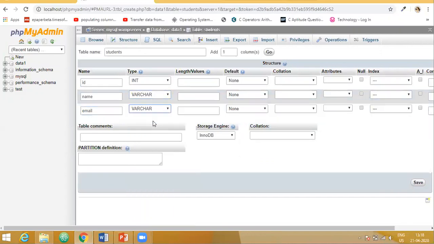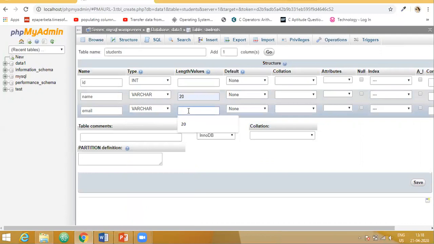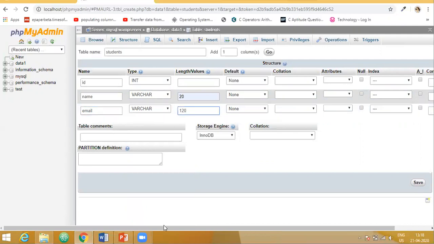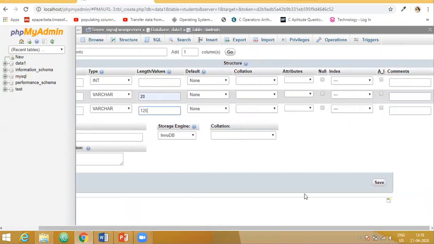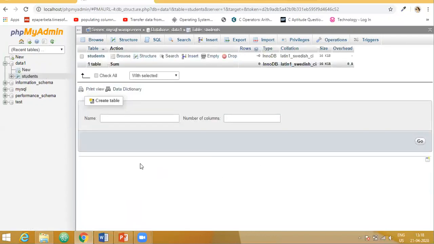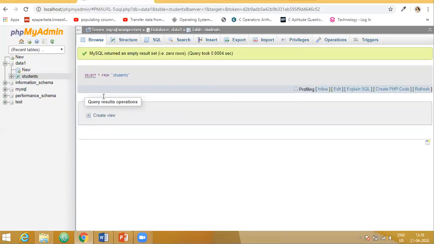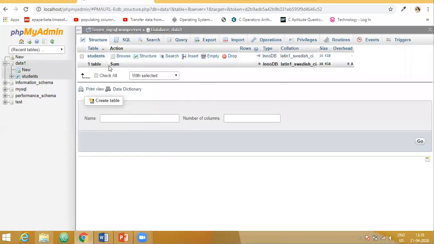Here also I will choose varchar. Now we have to specify the length, maximum up to how many characters you are allowed to store here, and then say save. Now here you can see this is our table and here is the database.